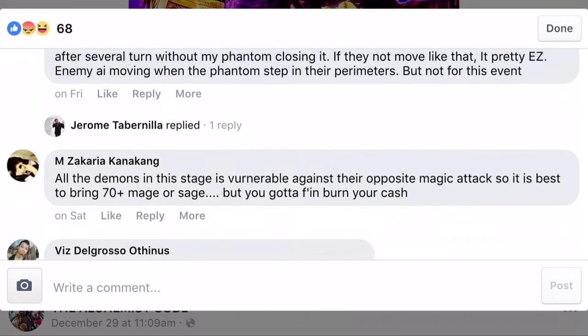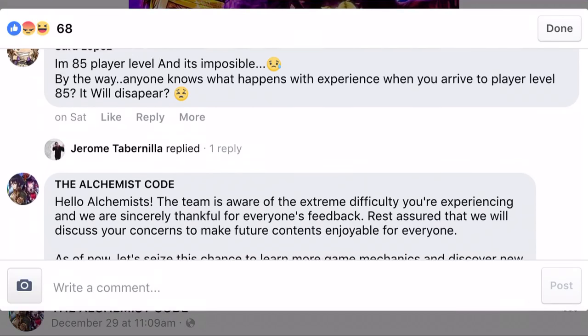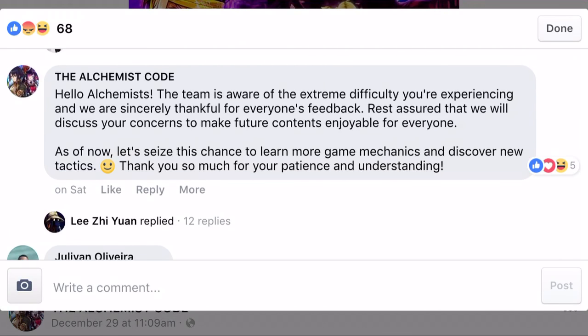So yeah, a lot of people complaining, and then they finally respond. Again, it's very buried down here. It says, "Hello, Alchemist. The team is aware of the extreme difficulty you're experiencing." I like how they say they're aware of the extreme difficulty you're experiencing. It's not like they messed it up. It's like, well, I know you guys are having a hard time. I don't know, it just felt a little funny that they worded it that way. I know I'm nitpicking at this point, but "rest assured that we will discuss your concerns to make future contents